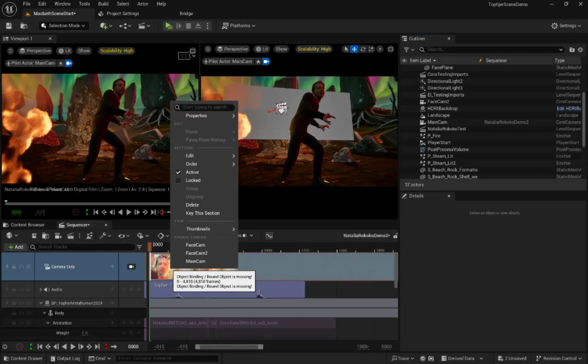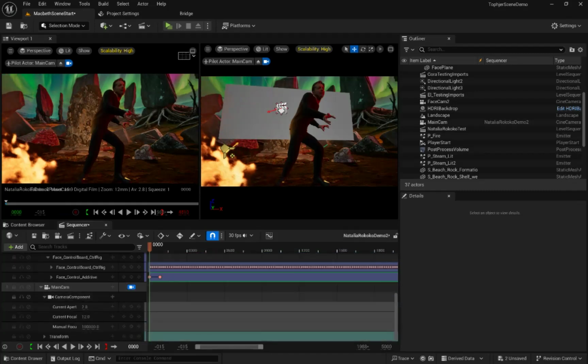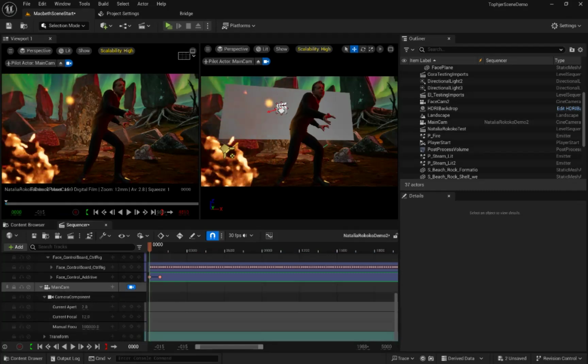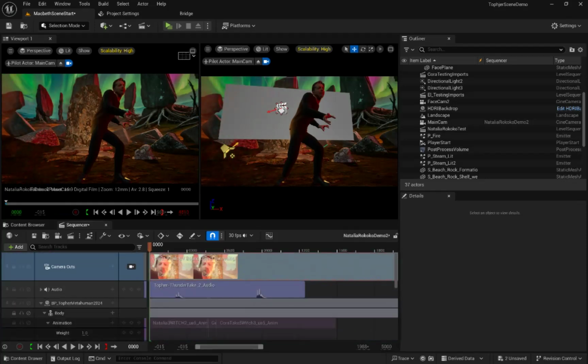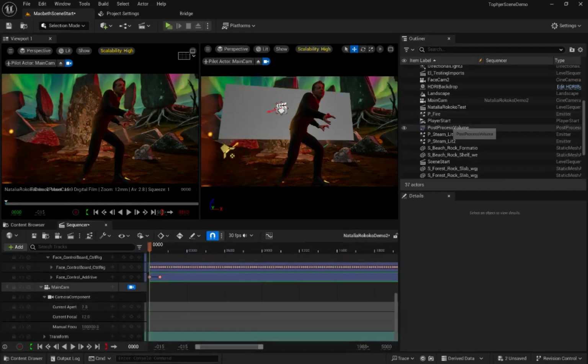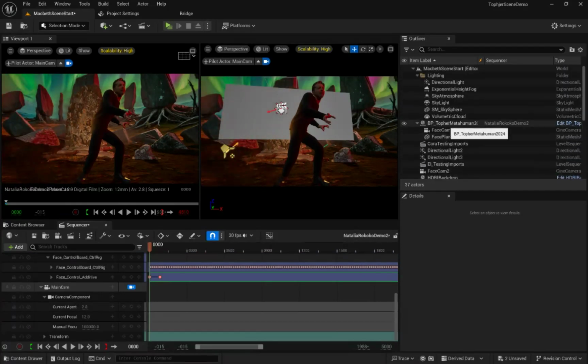Okay, so I brought in my main camera here, just so it's in here. And I'm going to also bring in my new face cam. So my face cam 2, which I made,